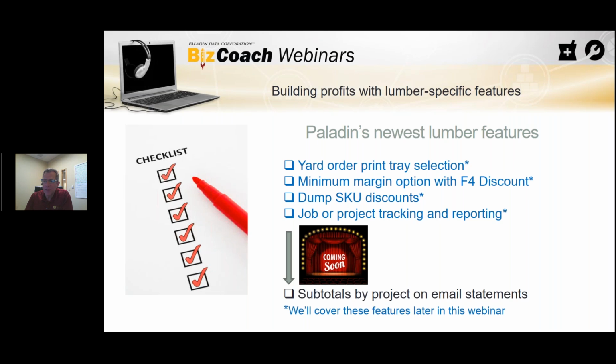Following that, job and project tracking and reporting. So this is a huge feature for lumber building material guys and for their customers. Their customers like to track oftentimes their expenses and tie it to a particular job. And we give you that opportunity to do that. You can set up projects. We call them projects, not jobs. You can set up projects